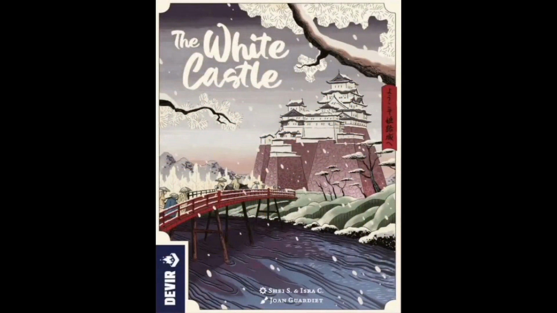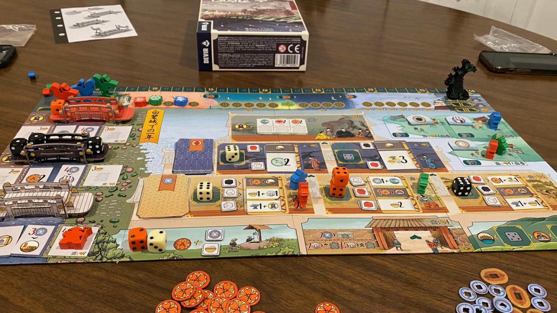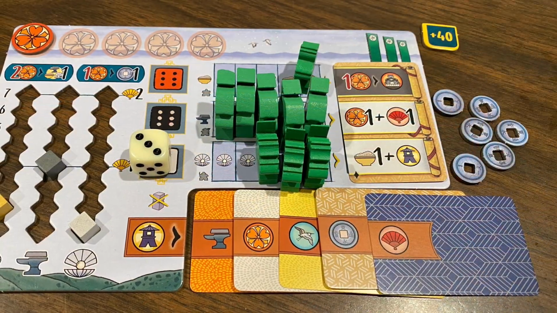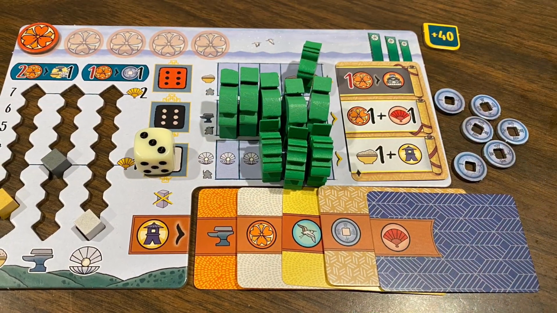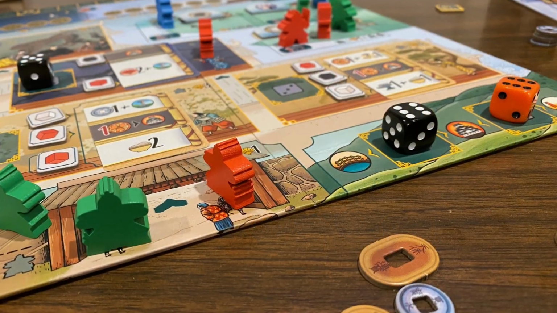First up in the show is one of my favorite games that I've played already in 2024, and that is the White Castle from Devir. Now, this is a dice drafting game where we're going to be using those to basically take actions out on the board, kind of like a worker placement. We are going to have three different types of meeples that we're going to be putting out: courtiers, gardeners, and